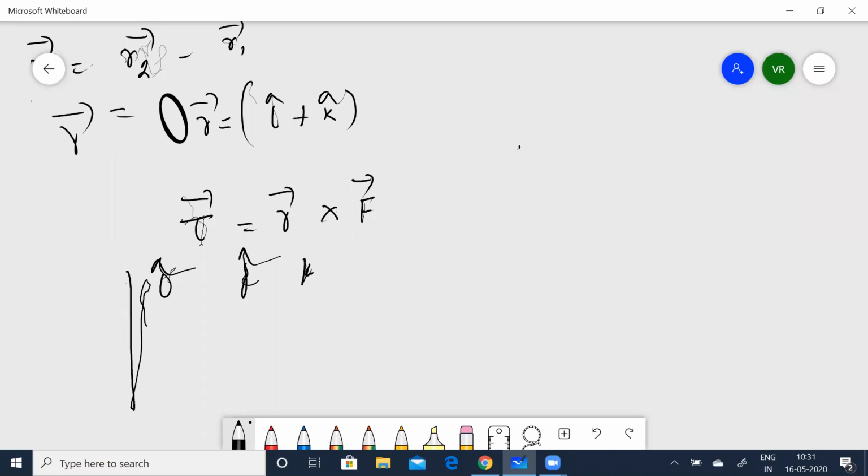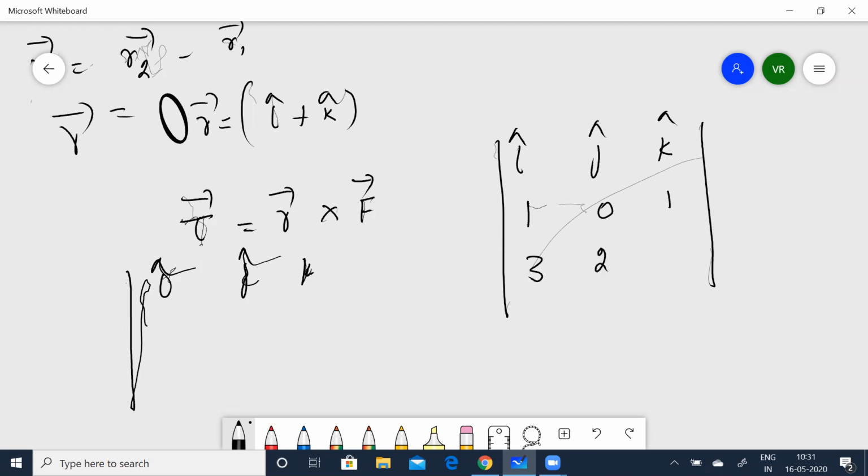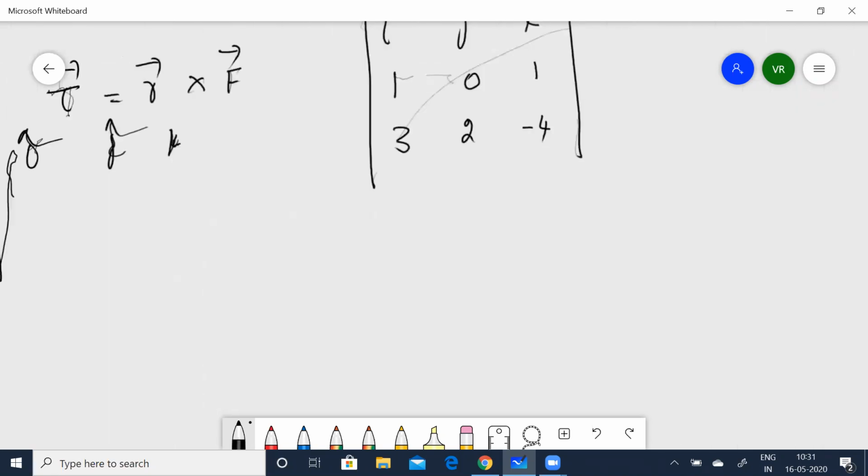Yeah, i, j, k. Let us substitute the values. So for force it is 1, and r is just i and k, so 1, 0, 1. And for force it is now going to be 3 times 2, 3, 2 and minus 4. Now by the usual method of expansion, you can get it as